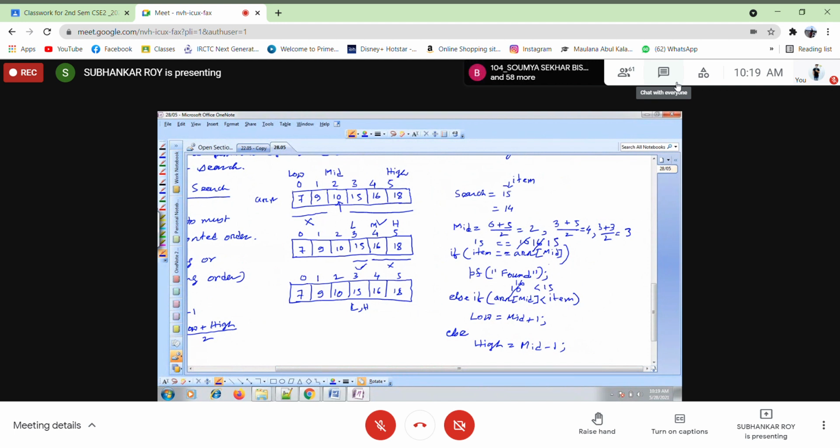Now the question is, there must be some condition for the unsuccessful case. What we have to write? Okay, for that, let us consider this 14. Now in case of 14, how will things update?